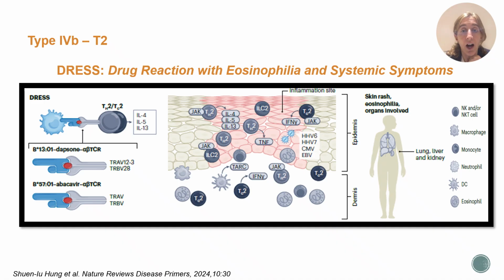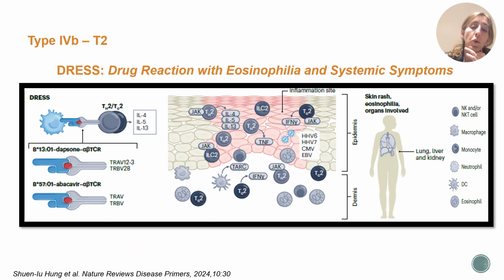If we focus on the immunological mechanism of DRESS, we see that the affected skin is rich in CD4 positive and CD8 T cells, and we also find Tregs, plasmacytoid dendritic cells, and type 2 innate cells, all together in the affected area, and the TARC that is secreted by the keratinocytes. And the dendritic cells are the ones that could recruit the type 2 helper cells to the skin, starting